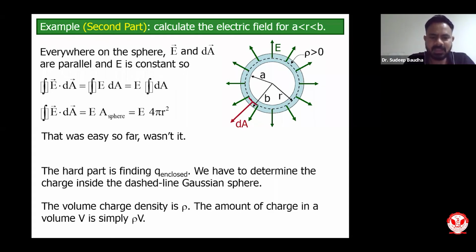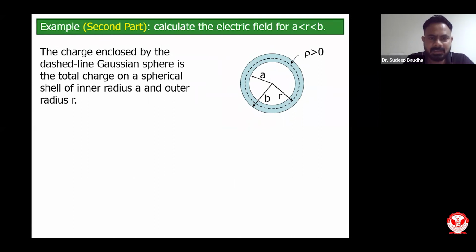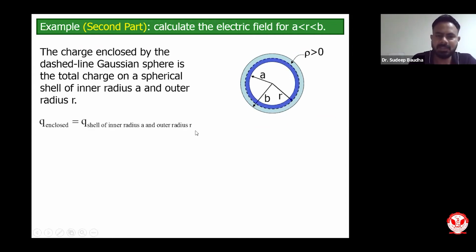So what will be the charge enclosed in this? For finding out, the volume charge density is rho, and the amount of charge in a volume V is simply rho V, where V is the volume. So let us see how we can calculate the charge enclosed. I have already shown you this is my Gaussian sphere, with the radius of the Gaussian sphere. So I can simply calculate for this particular volume that Q enclosed will be